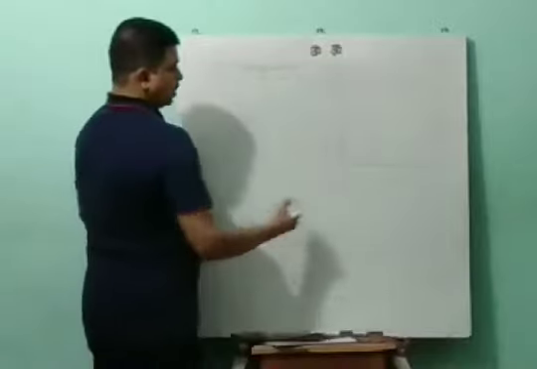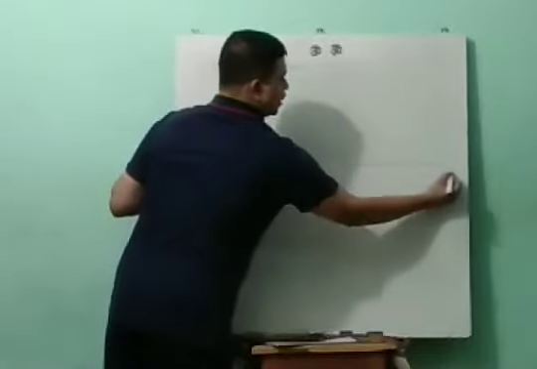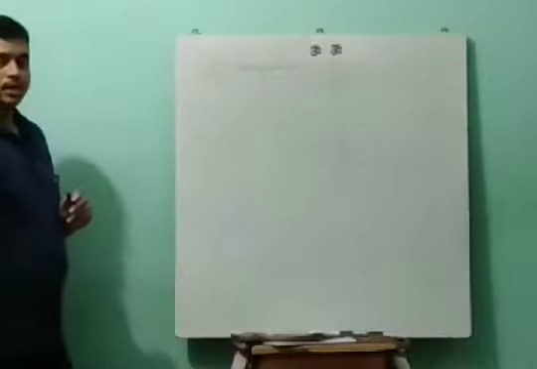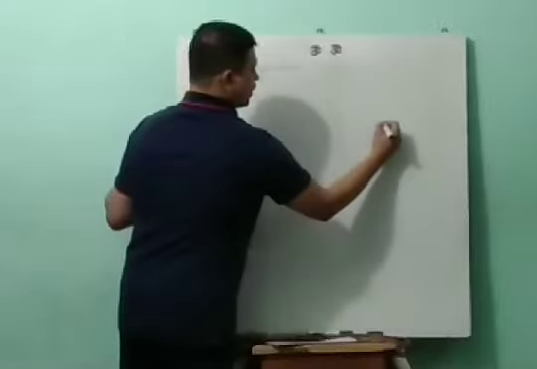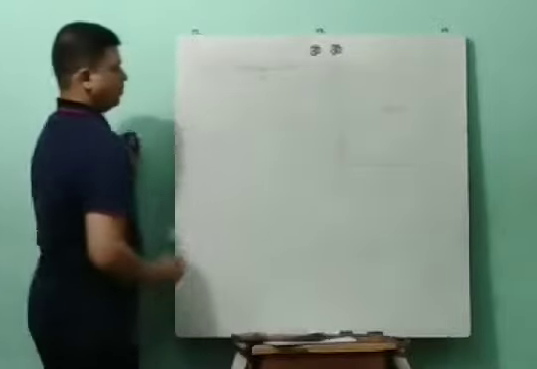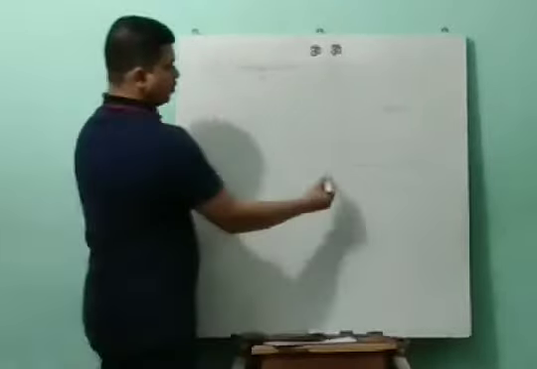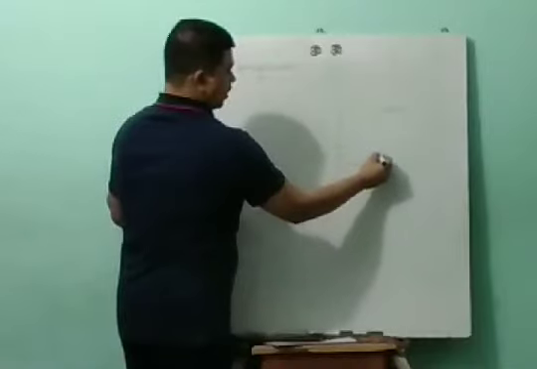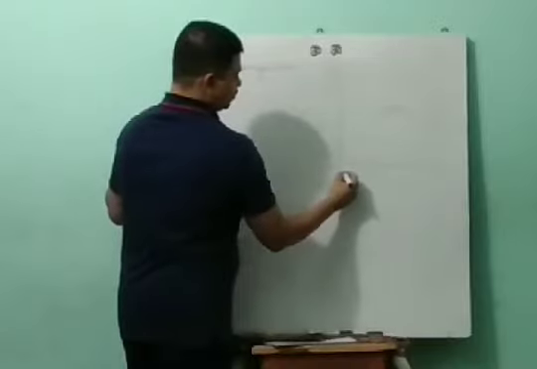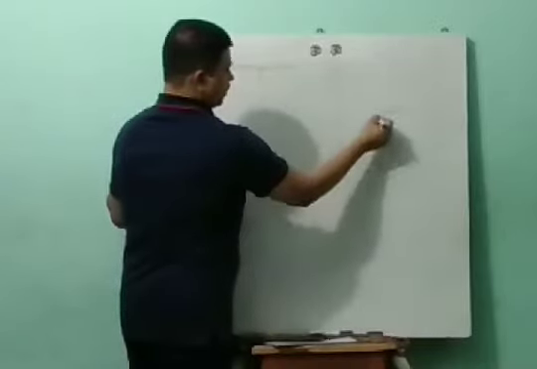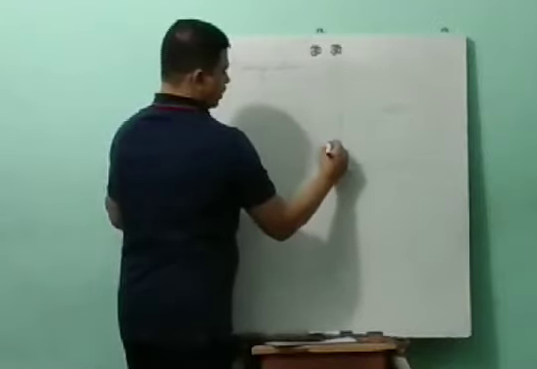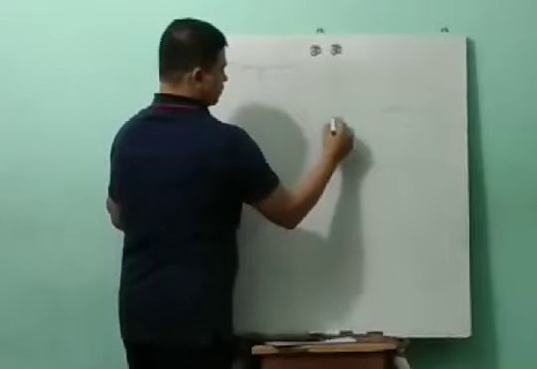Let us consider a Cartesian coordinate, x-axis, y-axis, and this is the origin. Let us consider the point P located at x comma y. That means from the origin, this distance is x-axis, that is x value to reach that particular point P, and this is the distance along y-axis, y units.